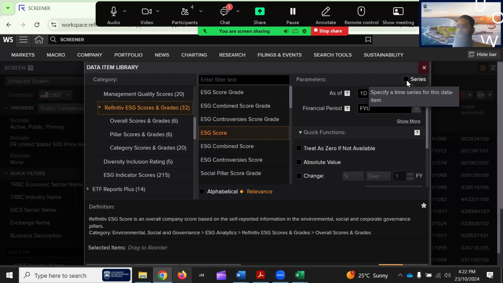So you may have to bring the date on which the data is collected in FY0 and then sort out manually to come up with the data in one column pertaining to the same financial year. In the second column, same financial year. I have explained this issue in my online tutorials. I don't think that Refinitiv have addressed this issue. I contacted them. They said we are working on it. If they fix this issue, the Refinitiv Workspace Screener app will become very easy to download the data, maybe very quick.